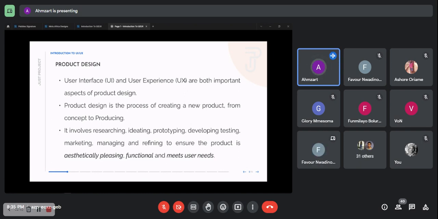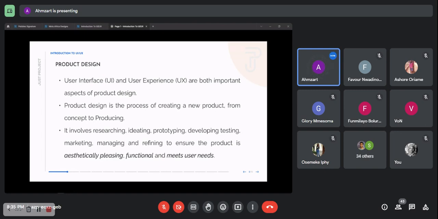So, in short, product design is the process of creating a new product, as the name implies, designing a product. And a product can be anything. A product can be your mobile app, your website, your clothing materials, even your food, even the human itself is a product, right? Here we are going to focus mainly on web design and mobile app design. So most examples and references I'm going to make are going to be related to web and mobile app